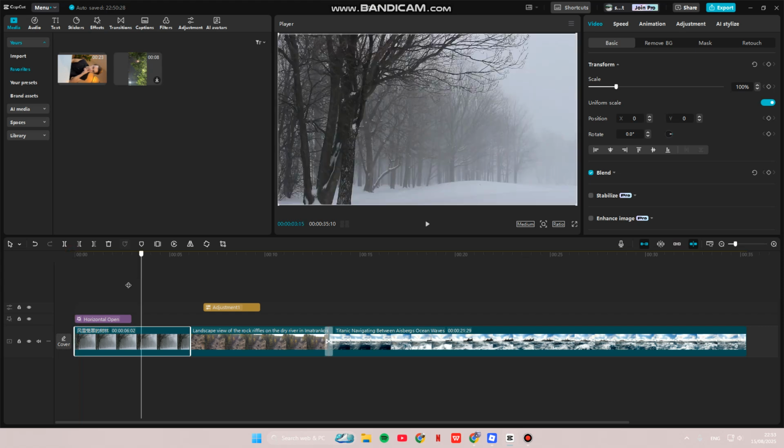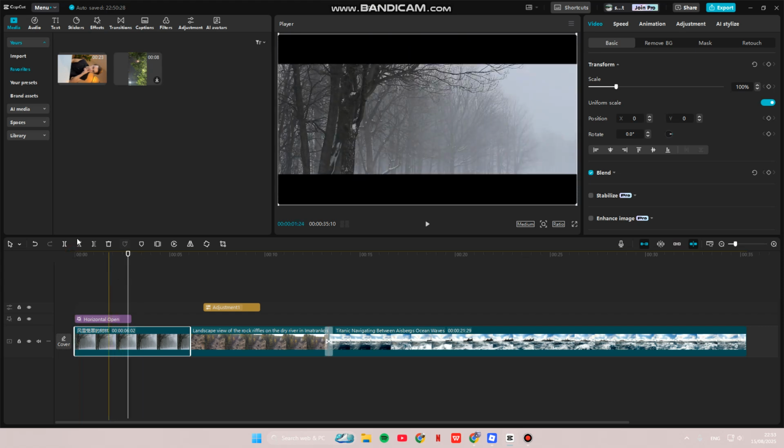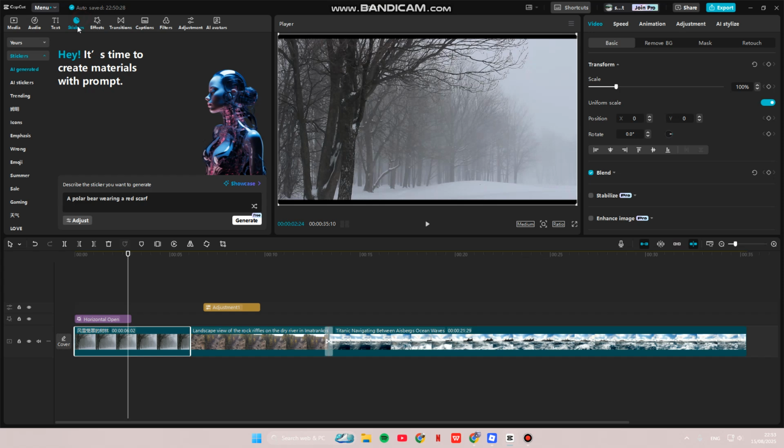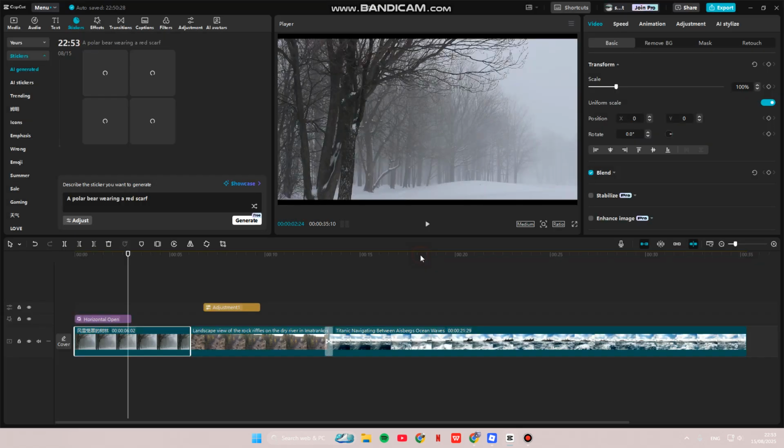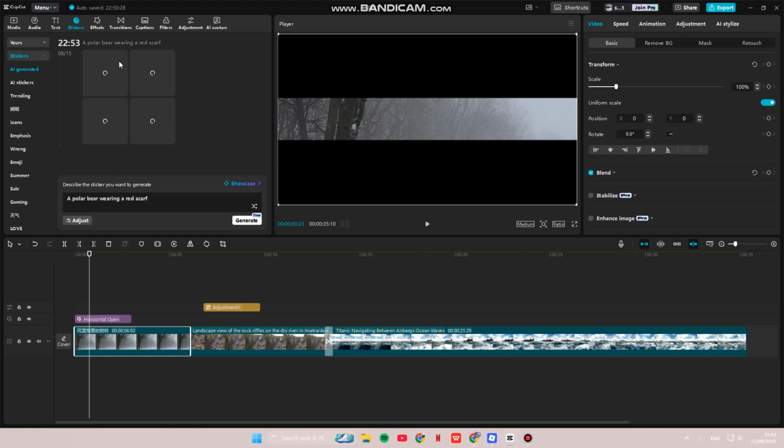Now what you need to do is just open your projects and go to the stickers options and go to this option, AI generated stickers. So here you can create materials with prompt. So for example, I'm going to use this one, a polar bear wearing a red scarf. So I'm going to add a polar bear character to my videos. You can hit on generate,